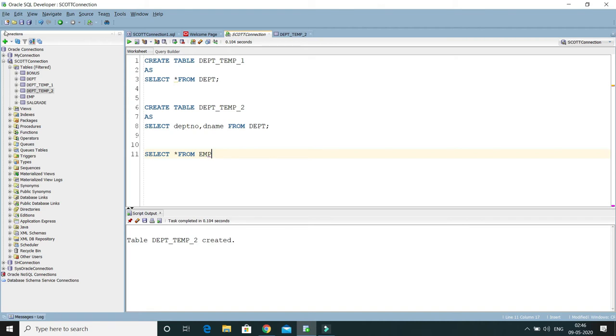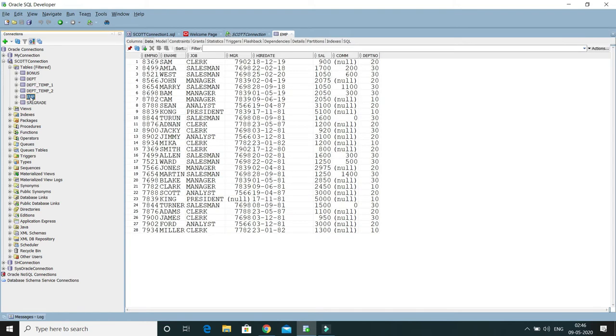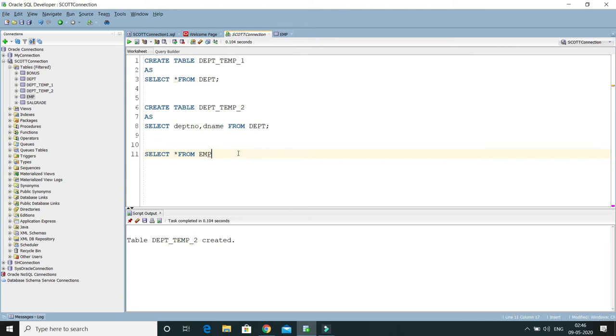That's one of the tables we have, EMP, which has a lot of data. I'm going to perform an inner join between EMP and DEPT.